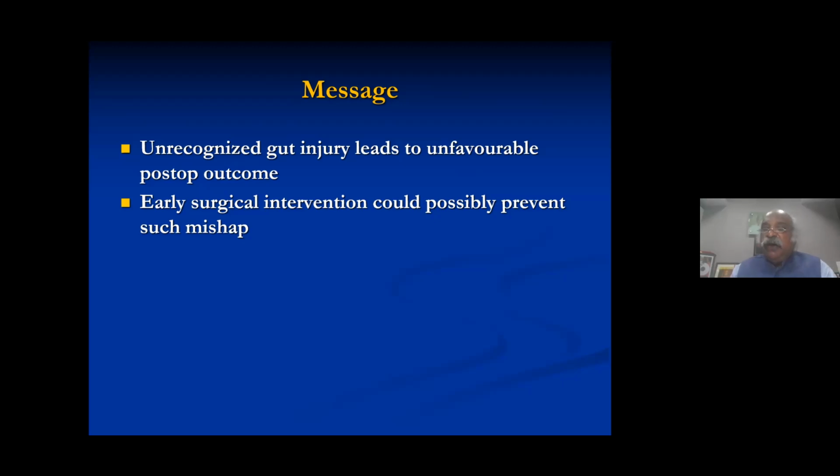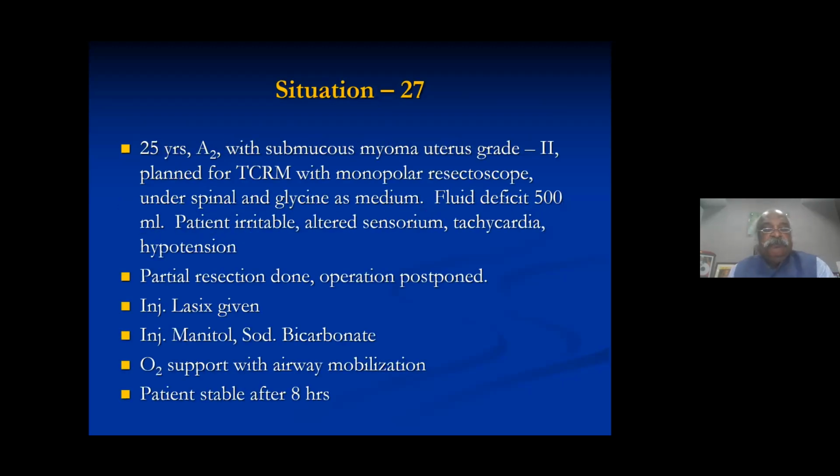And therefore, my dear gynecologists, think about it. If the patient doesn't improve and there are abdominal signs, early intervention is important. Just do a surgical intervention of drainage and at least suture the rent. I think this can save a life. I have seen these cases: if early intervention is done, the life is saved and you can have a good post-op period.